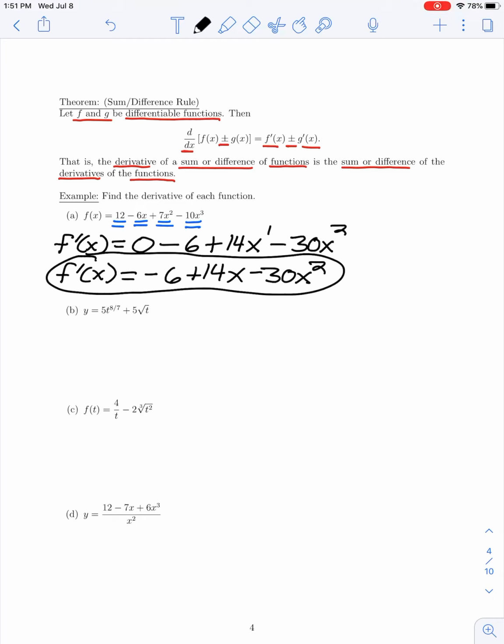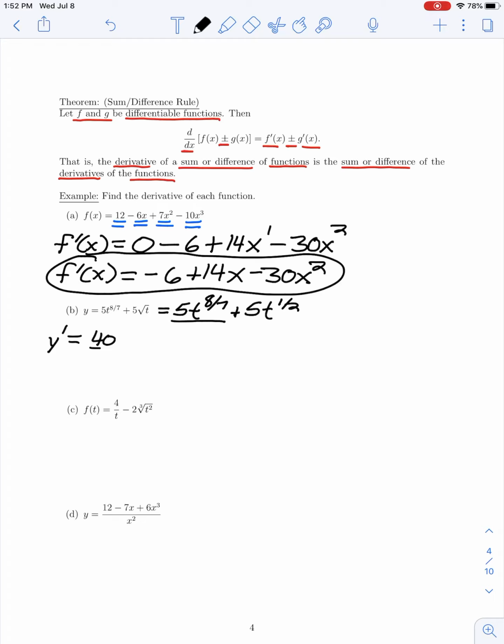So let's look at part B. We have 5t to the 8/7 plus 5 times the square root of t. So I might start by rewriting the square root of t as t to the 1/2 power. And now using the sum rule, the derivative, y prime, would be found by first differentiating 5t to the 8/7,